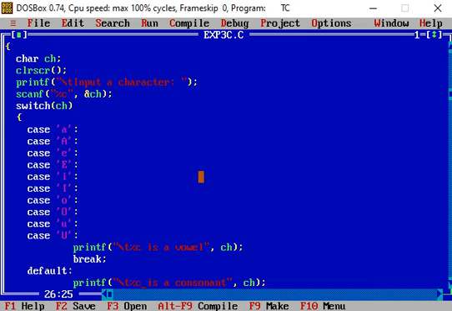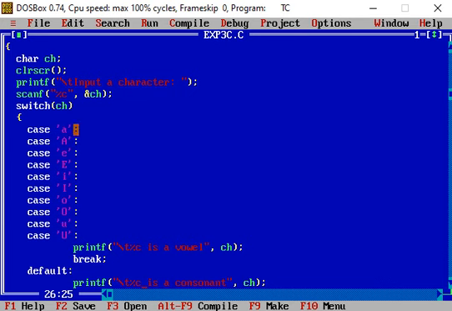So suppose we enter a lowercase a. Then case a is satisfied, and what is written in the case is going to be executed.